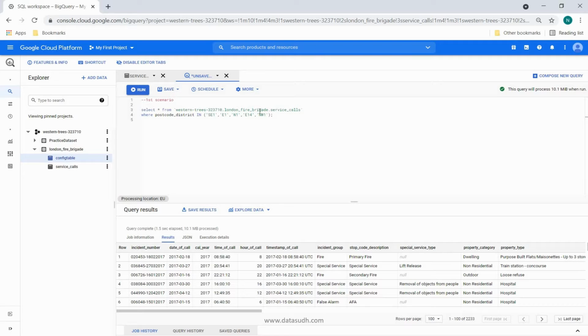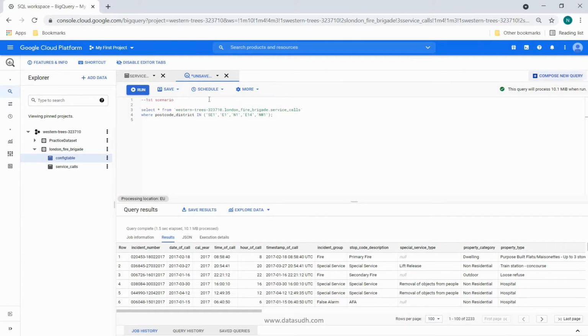How it is going to be different from scenario 1 is, in this we don't want to change these static inputs, or we don't want to change any kind of dynamic logic we are putting. But what we want to do in scenario 2 is, let's say you have a long script and in that script you want to use these postcodes at different places and you don't want to specify that manually. So you can put it in a variable and do that. Or you want to manage that in a config table from where you can perform easy updates and you don't want to change those things in the code. So the values have to be dynamically taken from that config table, and the updates can be made to the table rather than to the select query code.